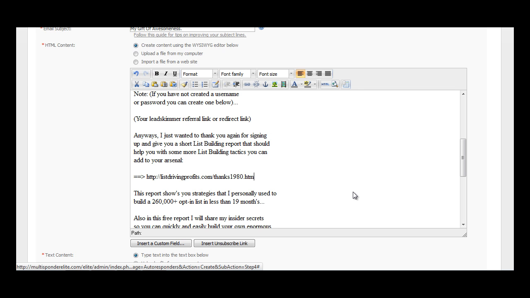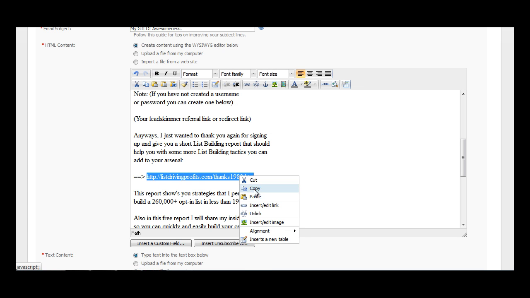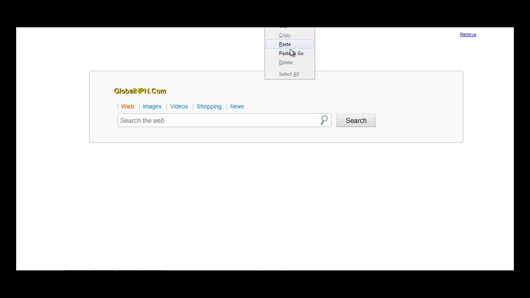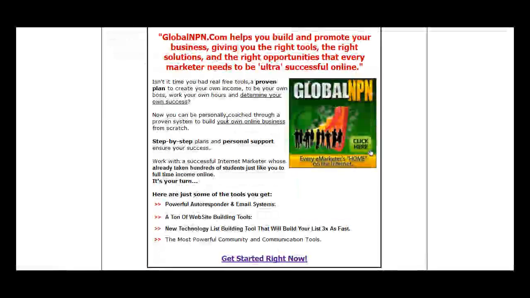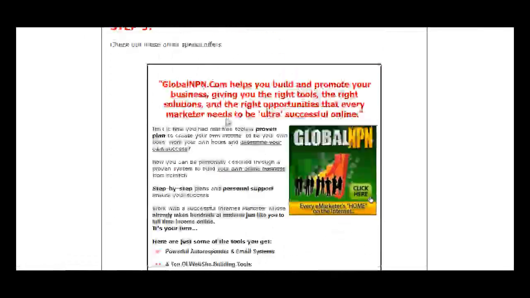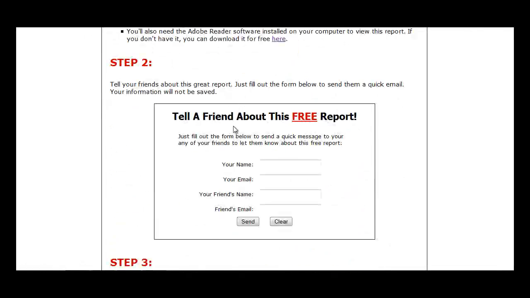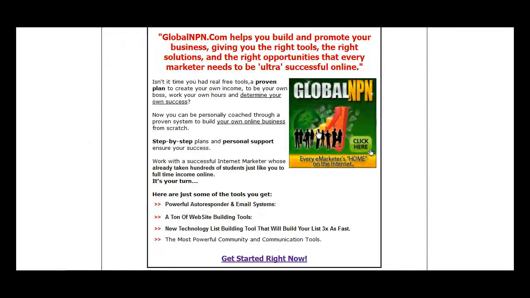And I want to make sure it actually works. So I'm going to copy this. Whoops, forgot you can't do that. Copy, and then I'm going to come over here and paste. And there's my thank you page, as you can see. And that's it. Okay? And as you can see on my thank you page, guys, I have